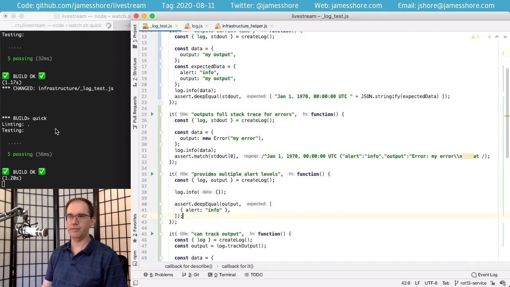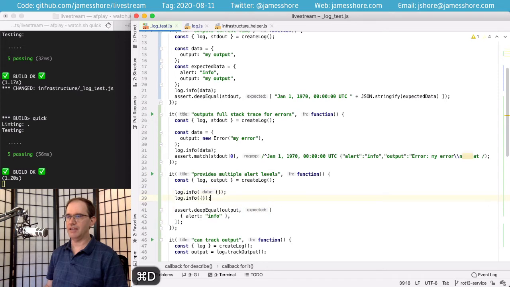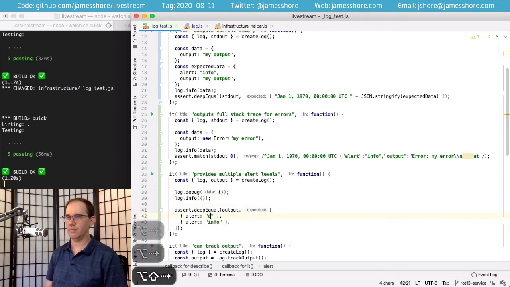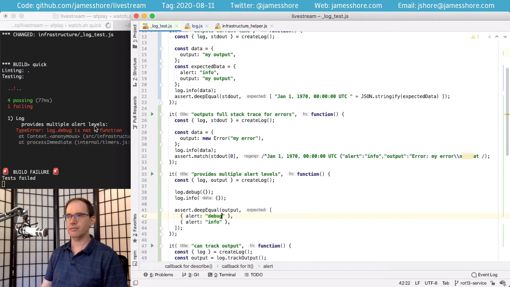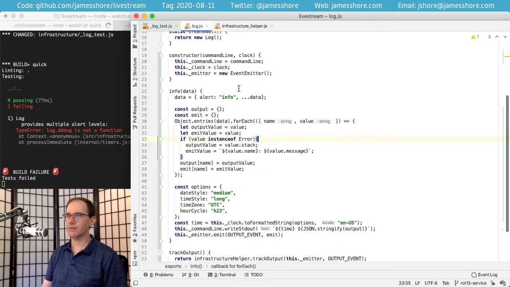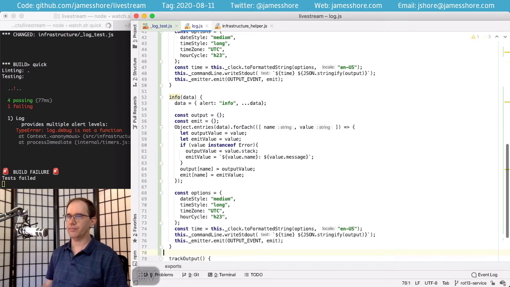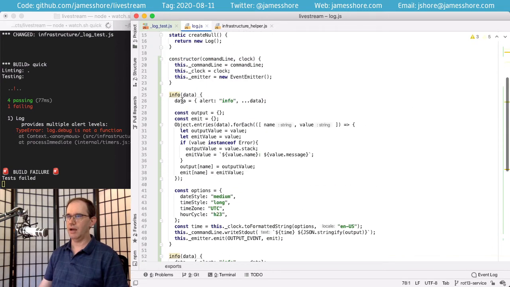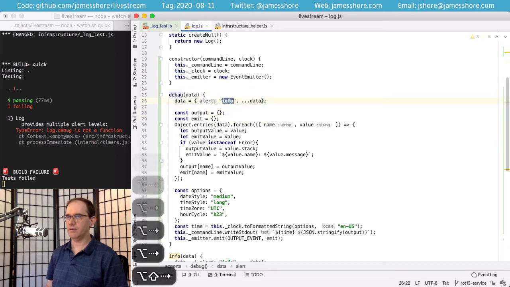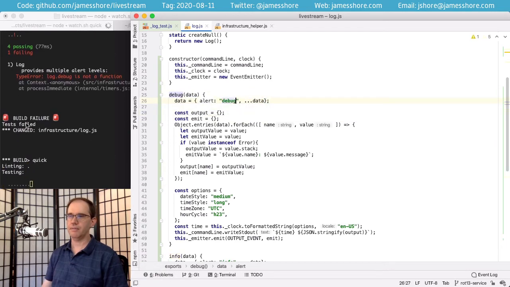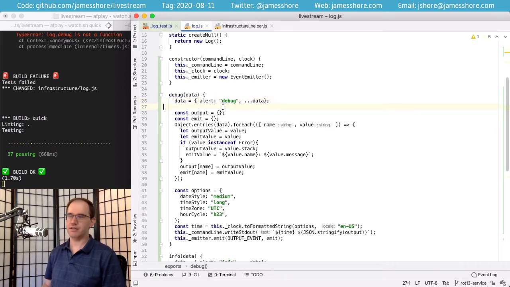It's already done. But now I'm going to add a debug log level. And that's failing because we don't have it. So I'll start out, just copy this. We'll call this one debug. There we go.